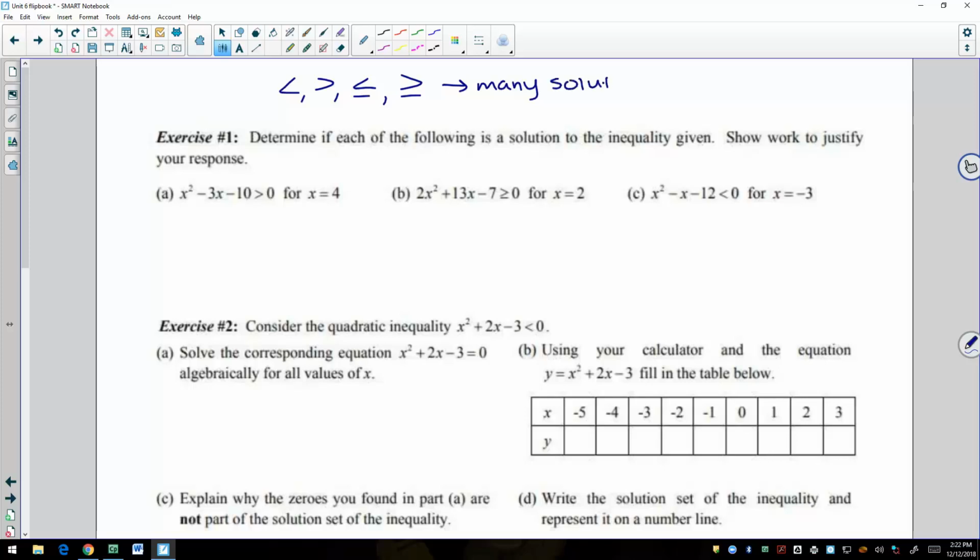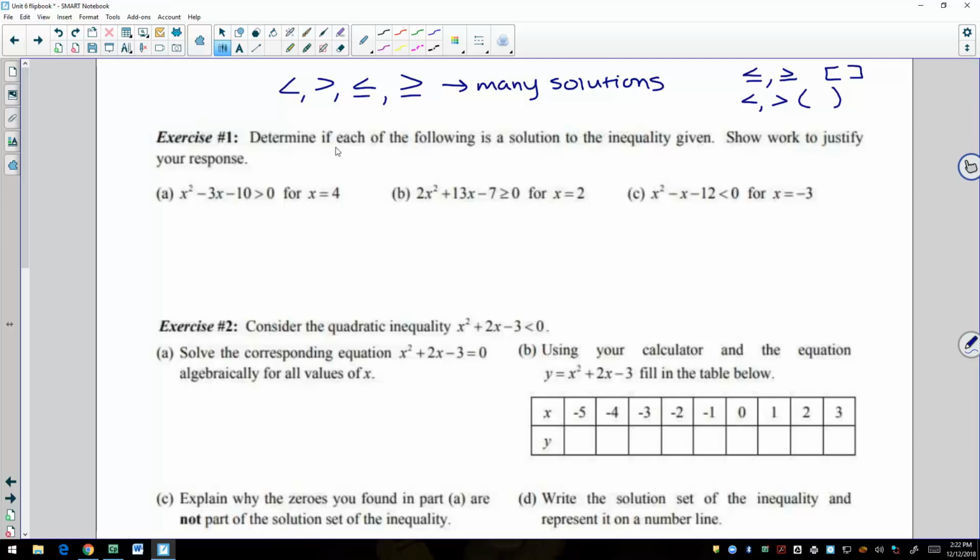So your answer or answers for these types of questions are going to be intervals, and you can write them using interval notation, which is with your inequality symbols, or you can write them using your bracket notation. Remember, the greater than or equal to and less than or equal to are the square brackets, and without the equal to's, those are the curved brackets. Okay, so first we're going to start by just trying to understand what exactly